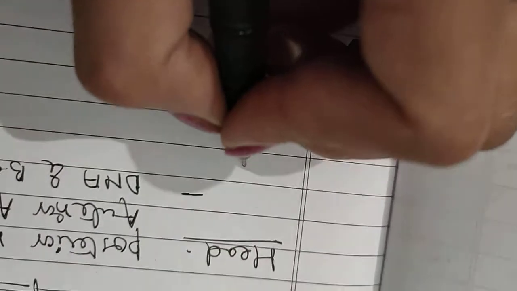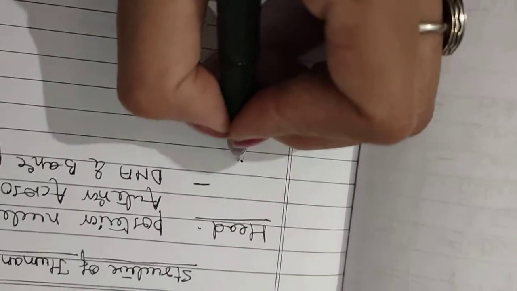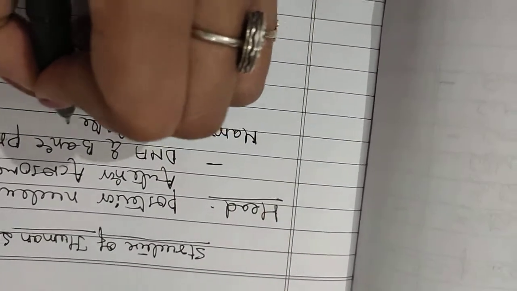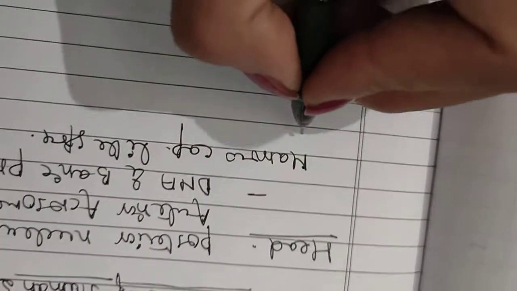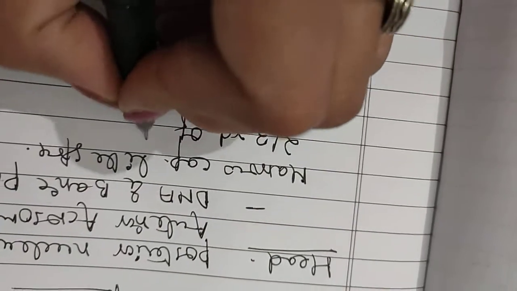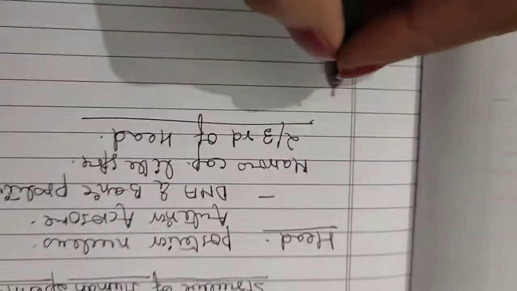So acrosome is a narrow cap like structure. You can see here again, this is a narrow cap like structure, and it covers about 2/3 of the head of the sperm. How much? It covers about 2/3 of the head of the sperm,